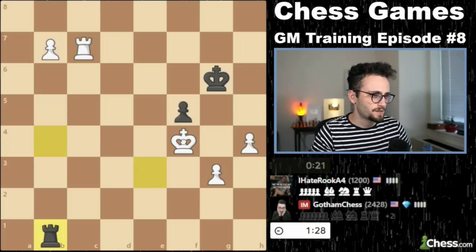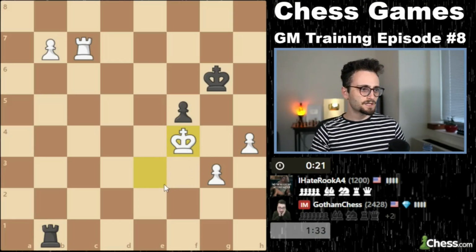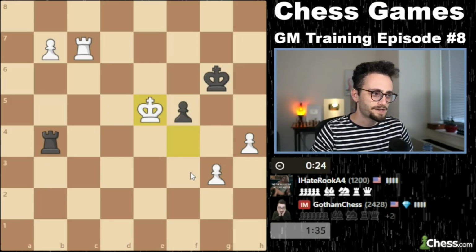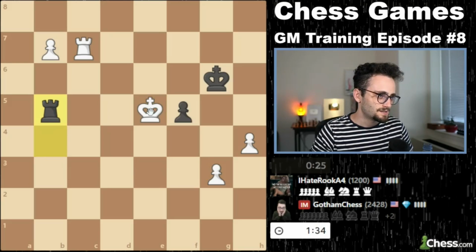So I have king f4 now, probably. Yeah, now I have king f4, which is a difference. So I can hit the pawn. And I'm just going to keep on walking, because this is never possible. So king d6 or king d4? What are we trying to do here? King d4